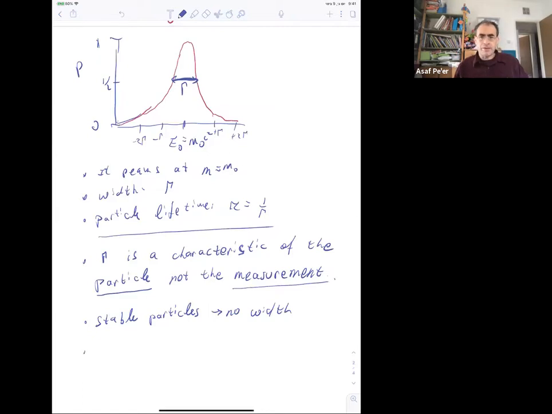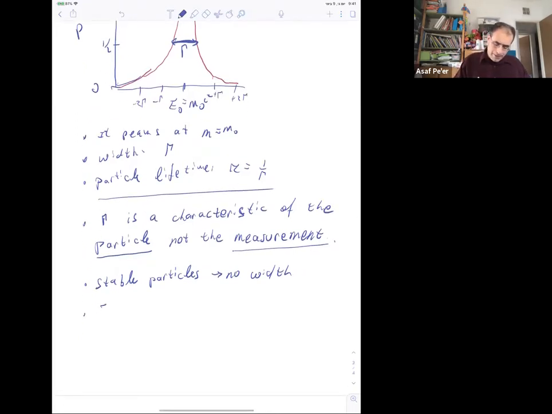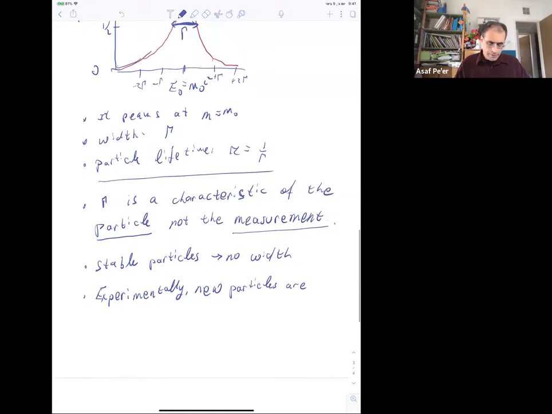Experimentally, this is quite crucial because this is a way of discovering new particles. You discover new particles first by the resonance. That's how people saw the Higgs. You saw the resonance. You don't see the particle itself. Its lifetime is way too short to be detected. So experimentally, new particles are discovered